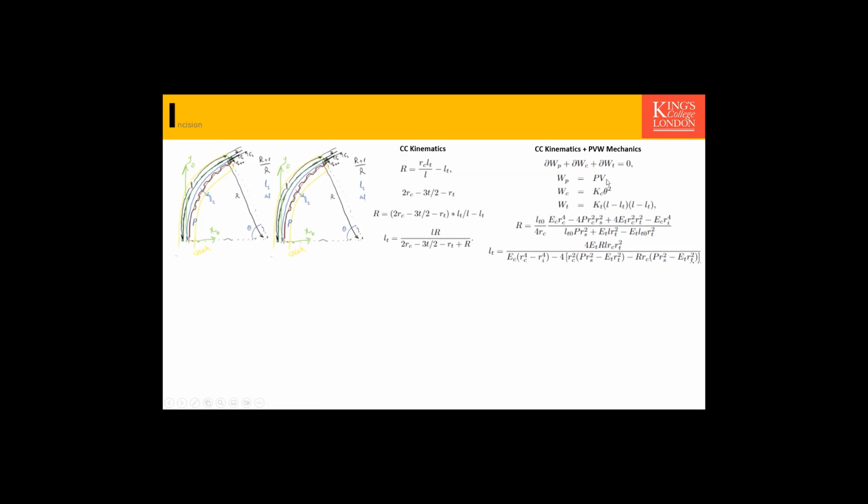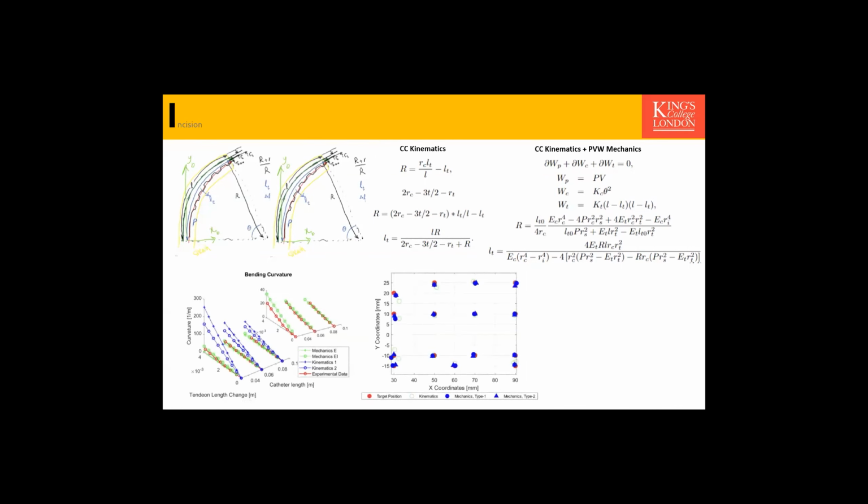Using the principle of virtual work, we could calculate the energies, and then by just calculating the partial derivatives, we could get a more precise relation for the radius as a function of the length of the tendon, and the inverse map for that. Okay, the plots that I'm going to show are the work by a talented PhD student that we have, Zikong